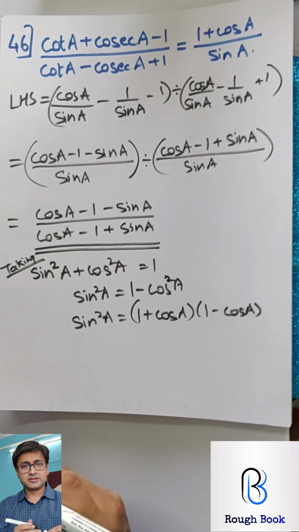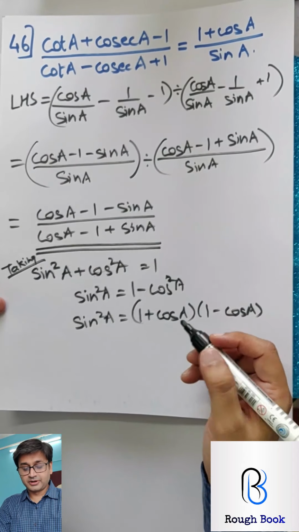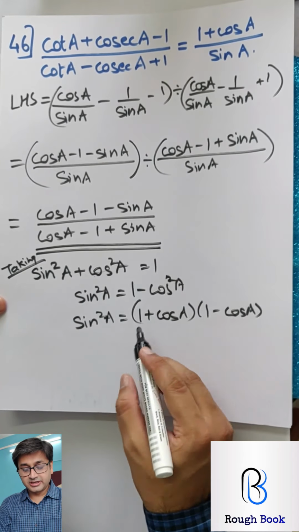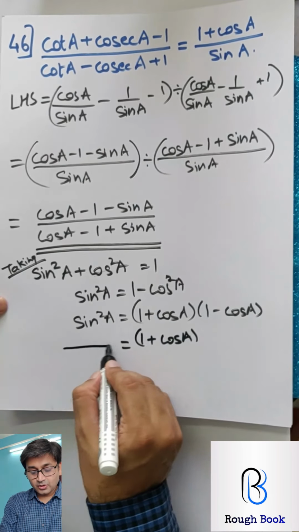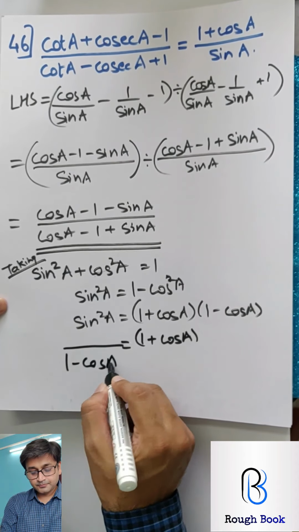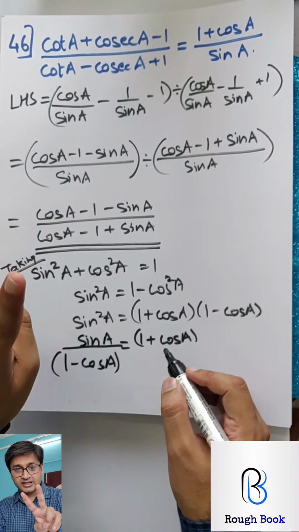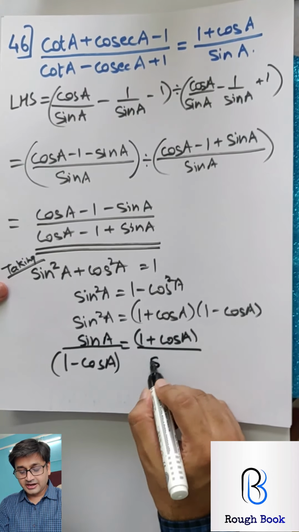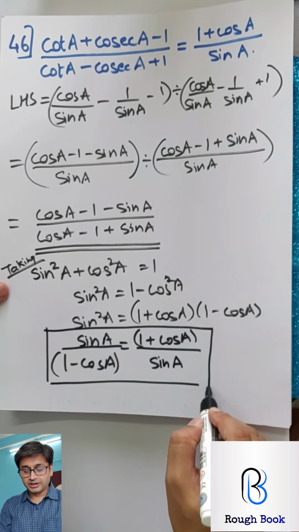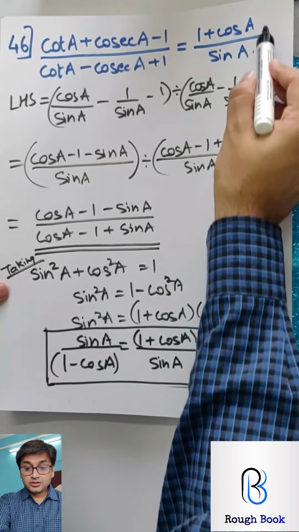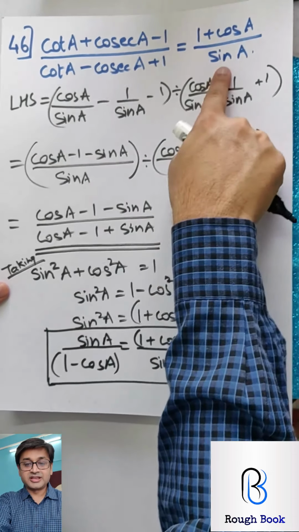Why do you think I am doing this? Is there some logic behind it? Yes. See what the logic is now. You will be impressed. I am keeping this 1 plus cos A here only, and I am sending this on the other side. So it goes down. Likewise, I am keeping this 1 sin A over here because there are two sines A, sin square, and I am sending the other sin A down. Can you just tell me why did I do this? Any clue, anybody? There you go, you managed your RHS. So you got 1 plus cos A upon sin A.